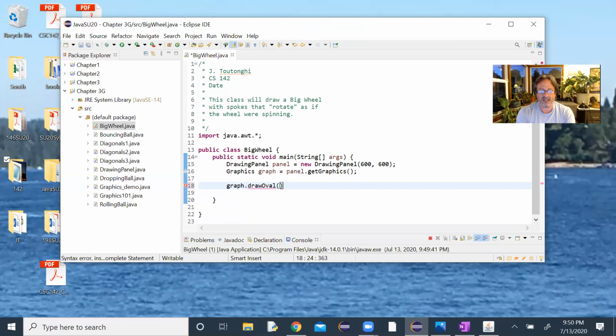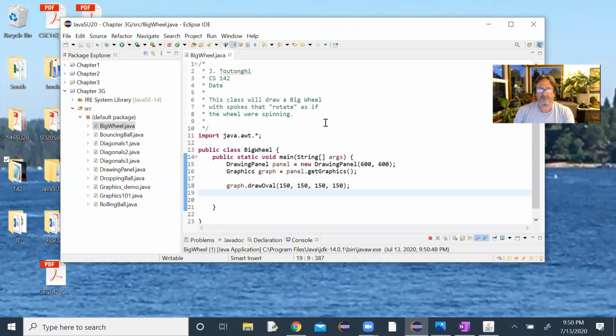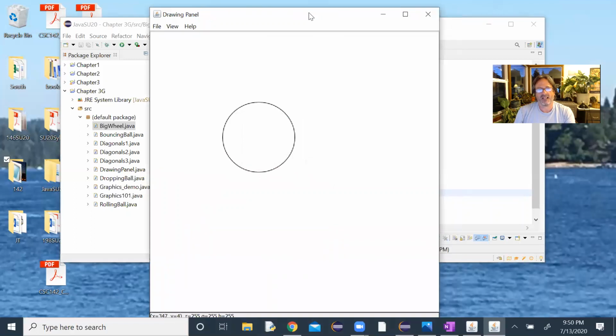It has an x, y initial left corner of 150, 150, and it has a height and width also of 150, 150. Is that true? Yes. And then we'll run it and see if we get it. I'm just trying to figure out why that's not in the middle of my page, and also it feels a little small to me. So